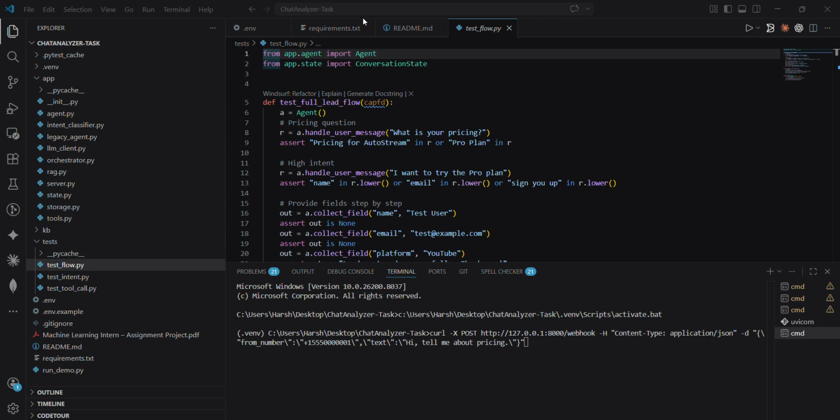This is basically a project demo video of my chat analyzer task. The chat analyzer is a RAG based chatbot which enables a chatbot on any particular website, wherein they can integrate this chatbot and perform some kind of sales manipulation, in the sense that we can detect the user's behavior, we can detect what is the user's intent, and based on the intent we can basically direct the